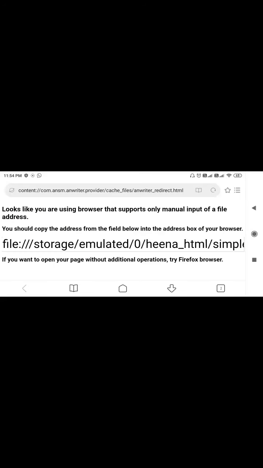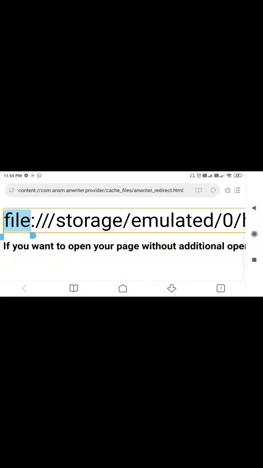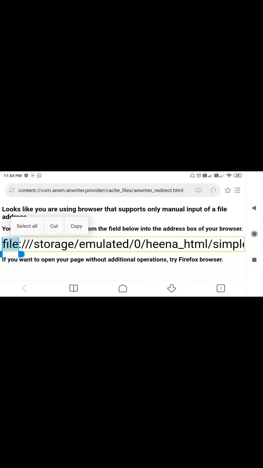Whenever we click on open in browser, you have to copy and paste this path. I'm going to select this path and copy it. Select all, copy.